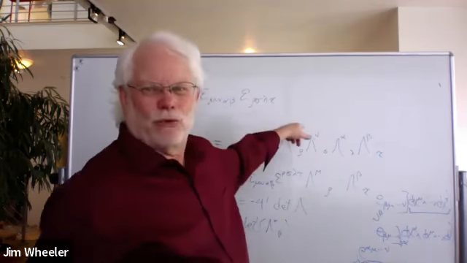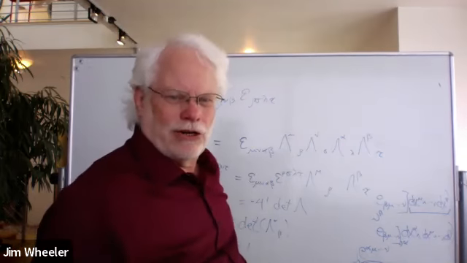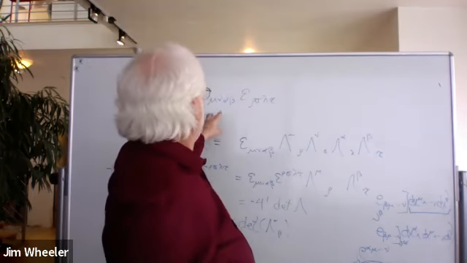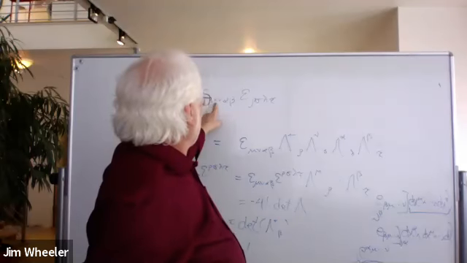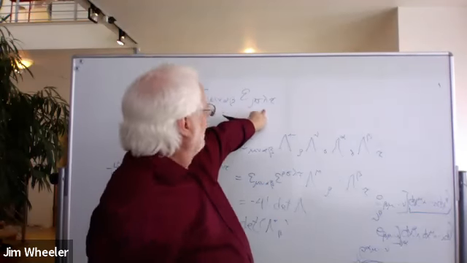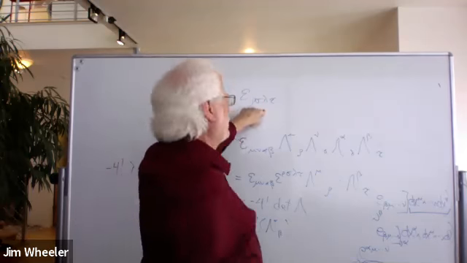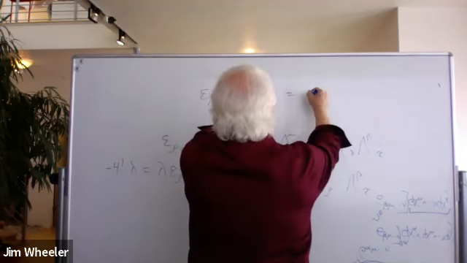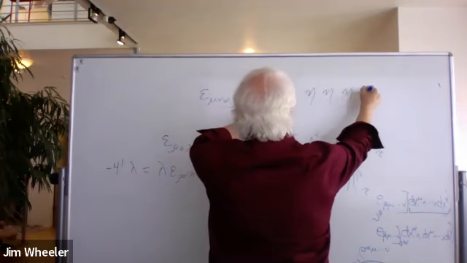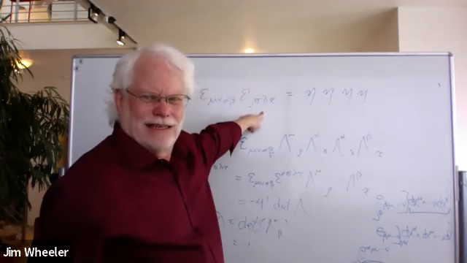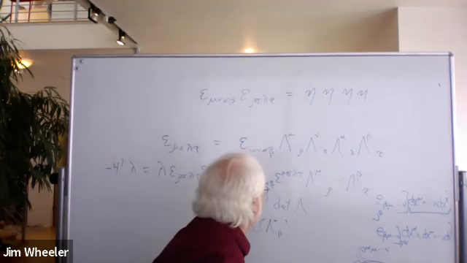The determinant gets squared, so this is truly a tensor. And in fact, each index here occurs over here. So I can always write this in terms of the metric. I can write this as anti-symmetrized products of 4 etas. Only it's easier to write if I